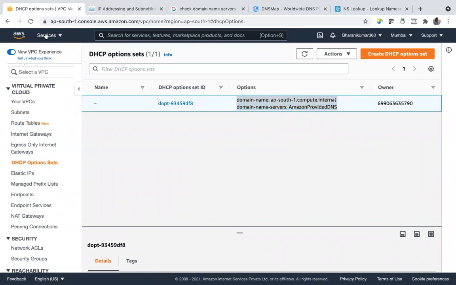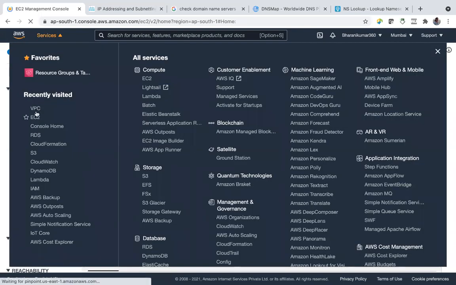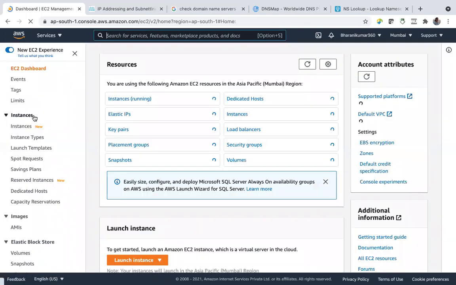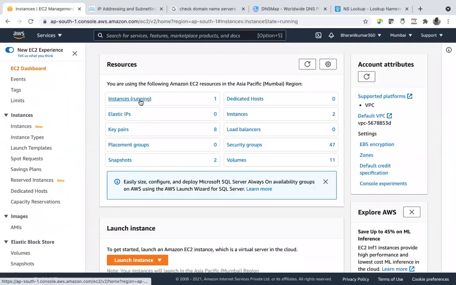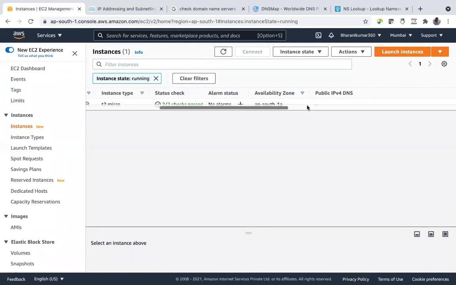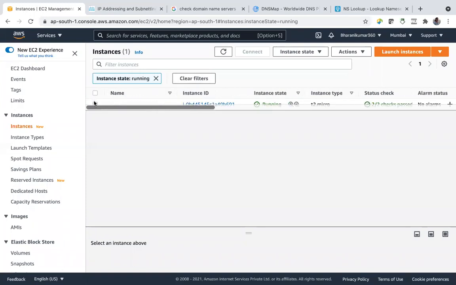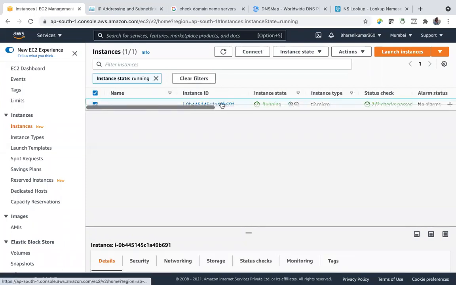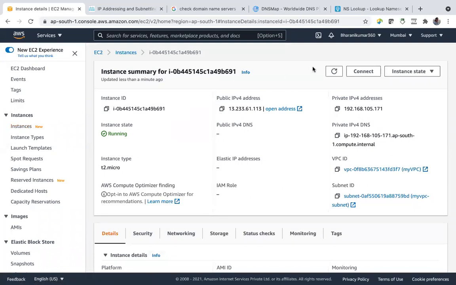And let's go to EC2. One is running. No public DNS. No public IPv4 DNS.